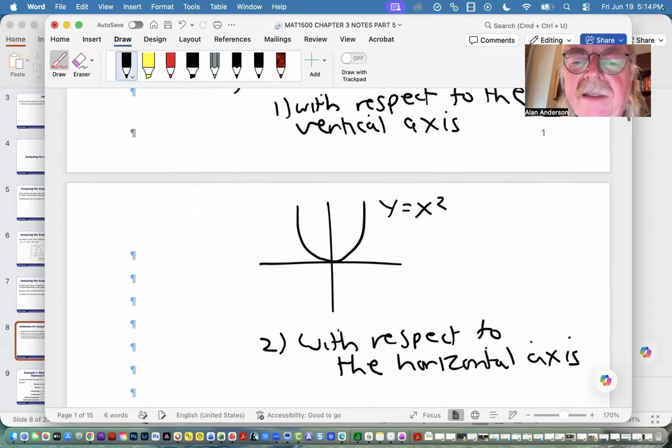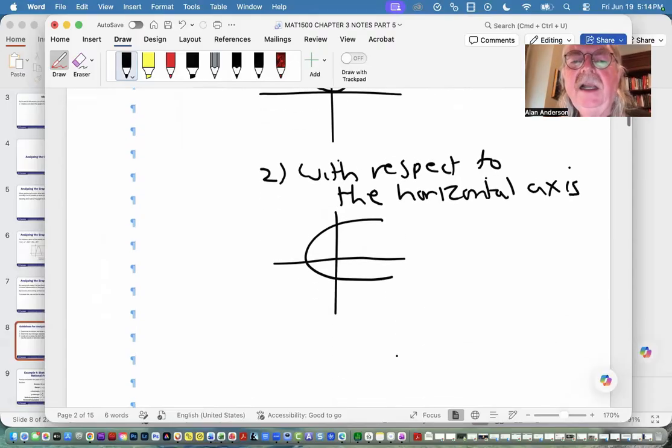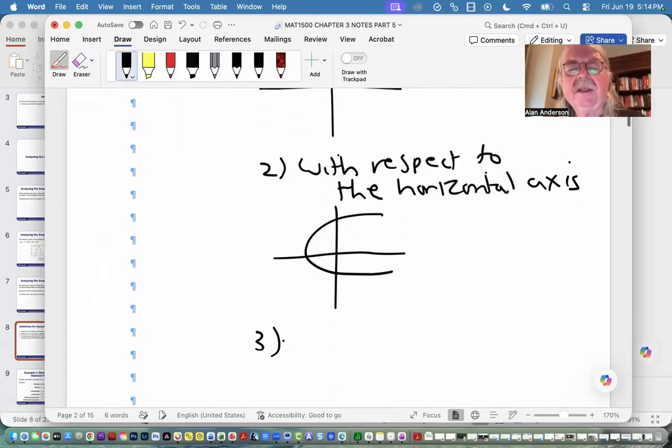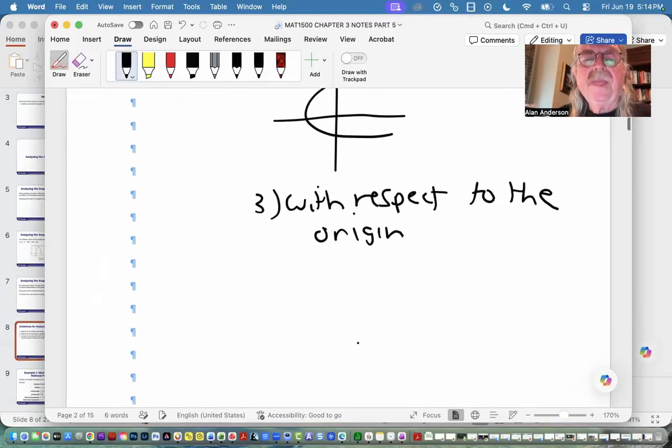Although in a case like this, you're going to wind up with something which is not actually a function, something like that. And then symmetry can be with respect to the origin. And that can happen in a couple of ways, for example,